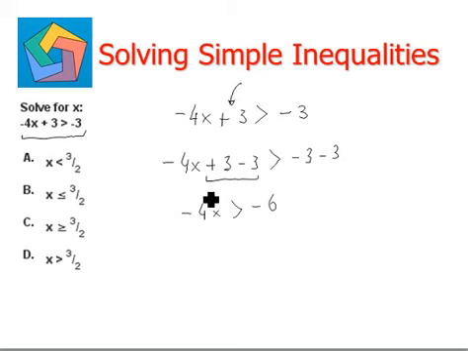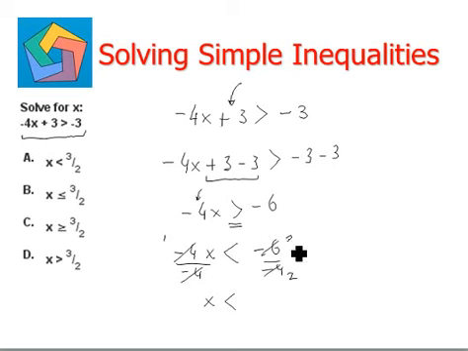Now the coefficient of x is negative 4. So we divide by negative 4 on both sides. Again keeping in mind the information that we had put up. Dividing by a negative flips the inequality sign. We had a greater than sign over here, so this will change to less than. Negative 6 divided by negative 4. Negative 4 by negative 4 is a 1. X is less than negative 6 by negative 4 is equal to 2 times 3, that is 3 by 2. So x less than 3 by 2 is the final answer and can be seen in option A.